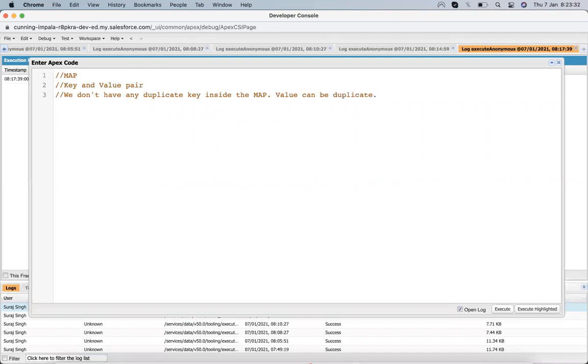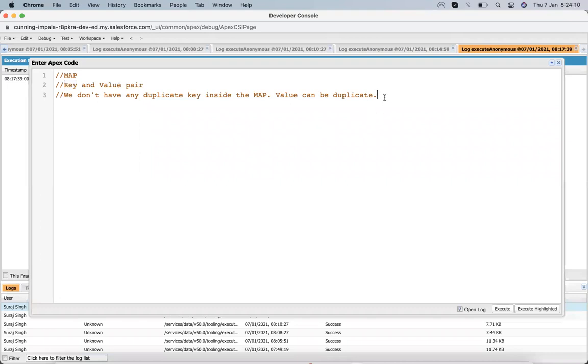But a key will always be unique. So that's why a map can be called a combination of both a set and a list, because its keys act as a set. It means it does not contain duplicate values. All the operations that we perform on a set, we can perform on the keys, and whatever operations we can perform on a list, we can perform on the values. So it's a key and value pair, or we can say it's a combination of a set and a list.